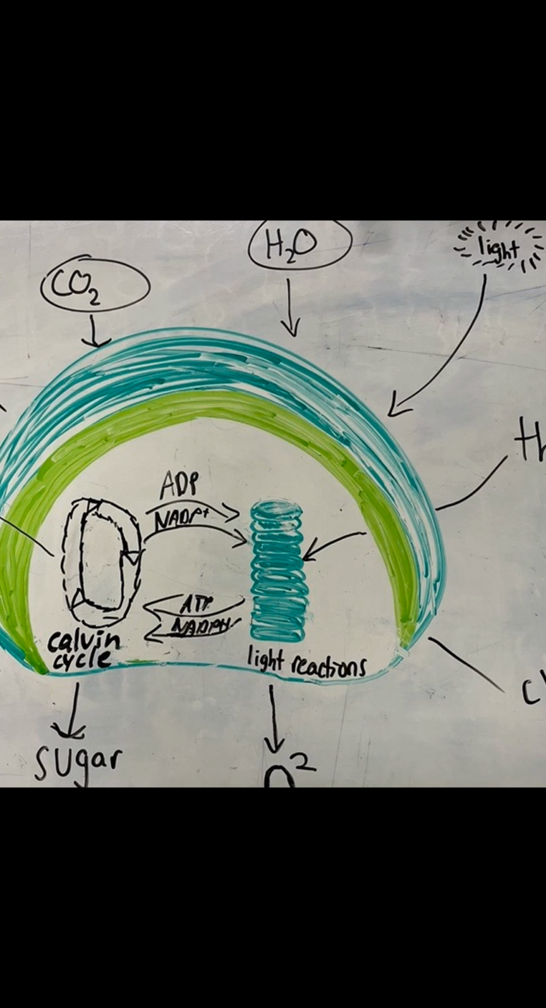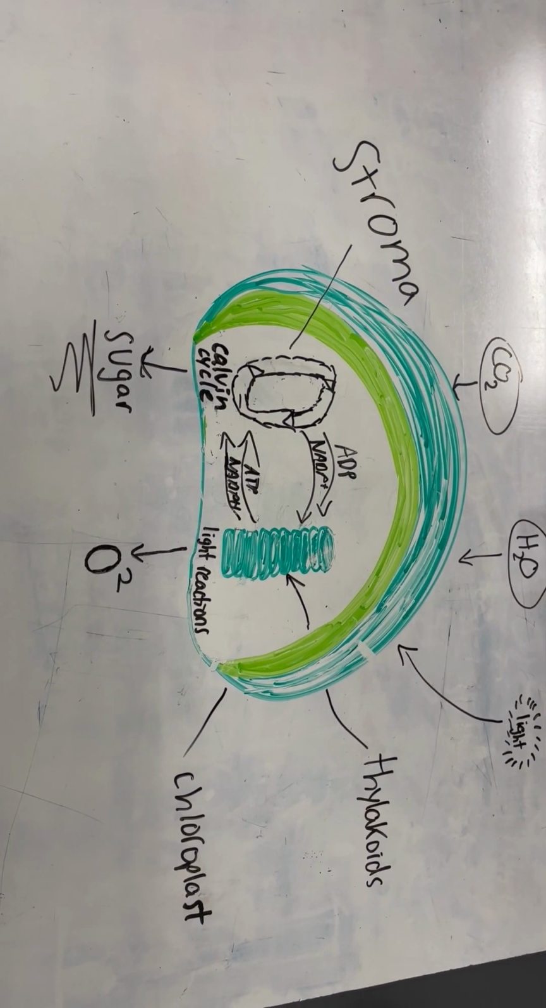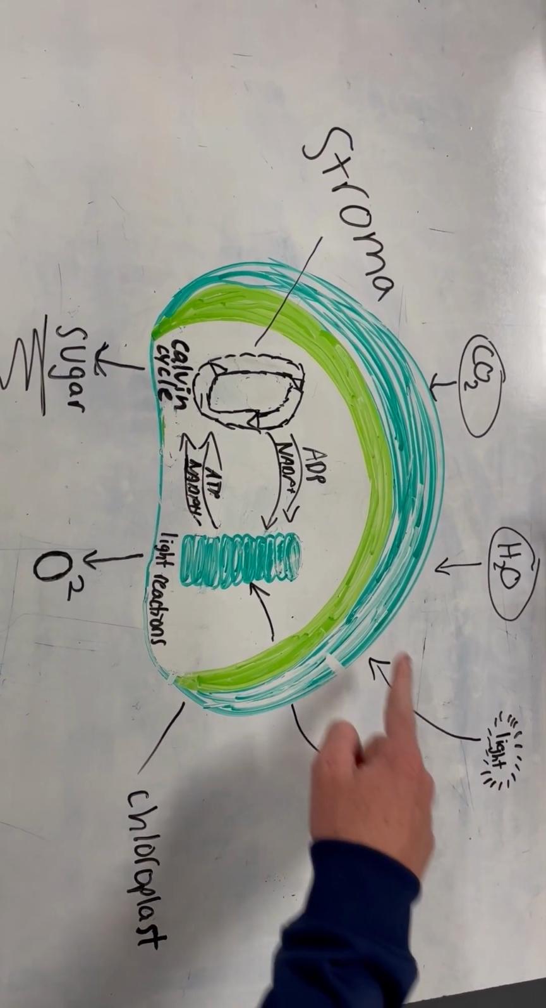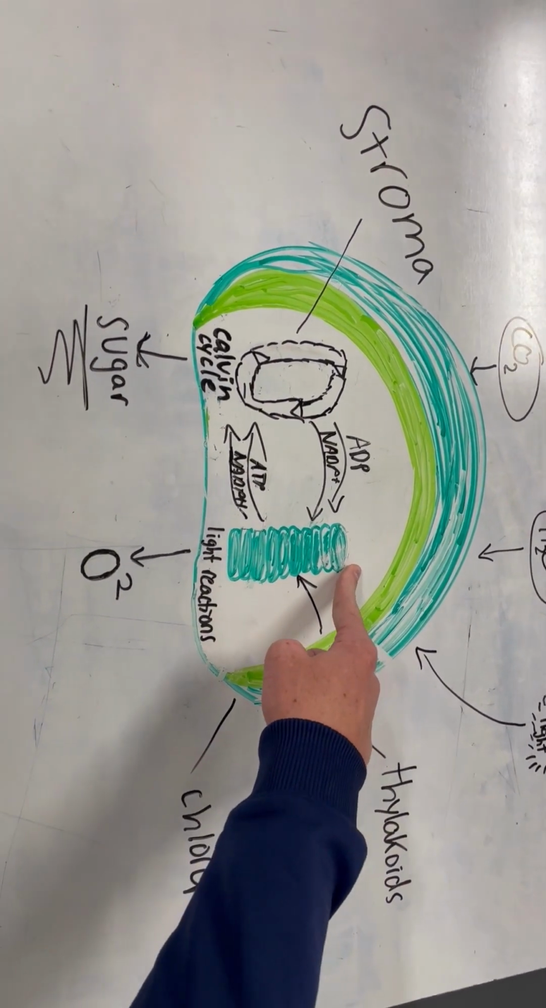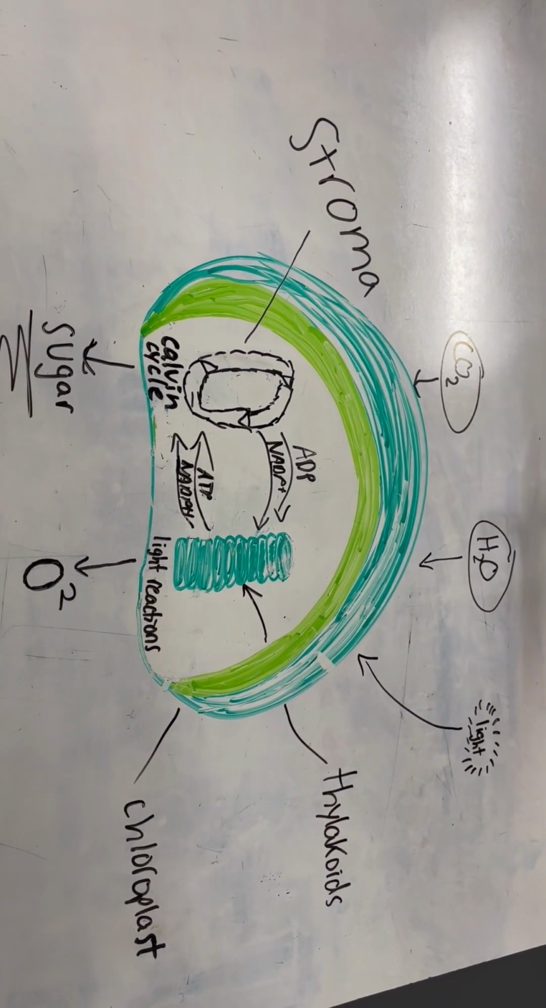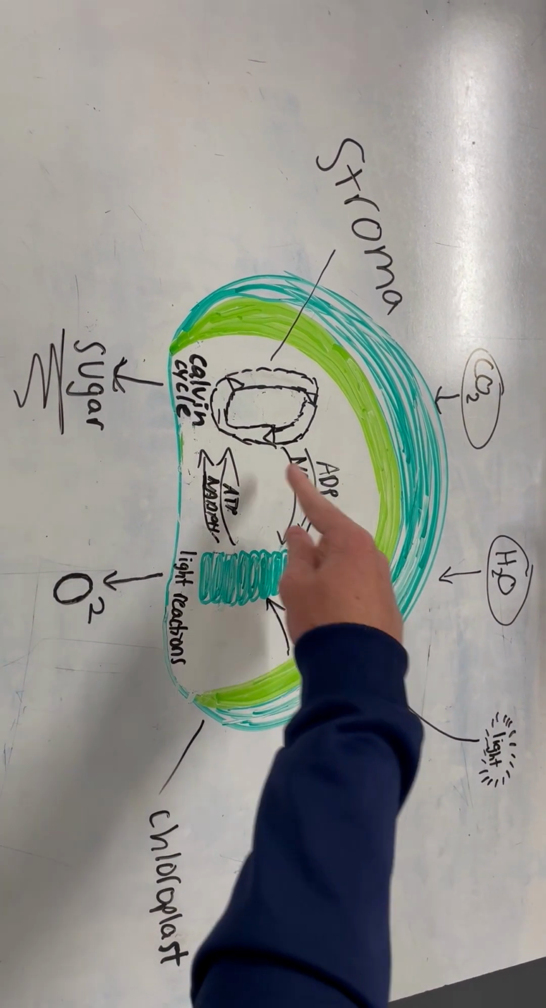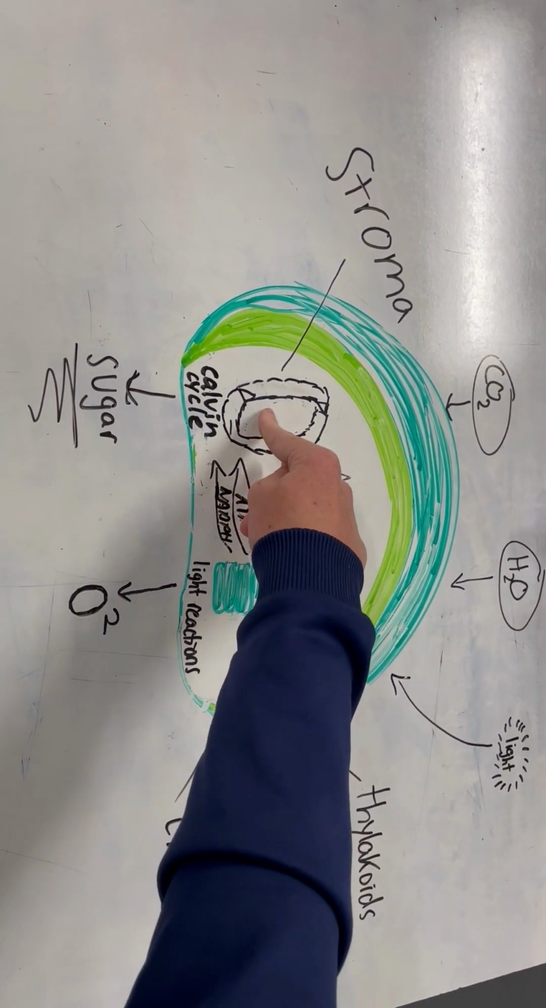Now we'll be talking about the reactants and products of the light-dependent reaction. The first reactant is light, which gets absorbed by the chlorophyll and other pigments in the thylakoid membrane. The second reactant is water. And the third and fourth reactants are ADP and NADP+, which are made in the Calvin cycle and used in